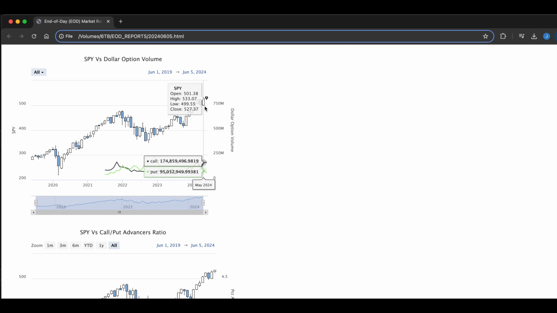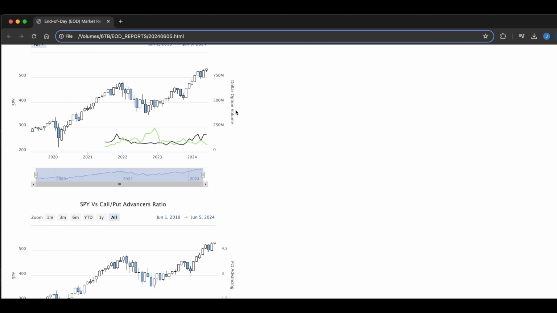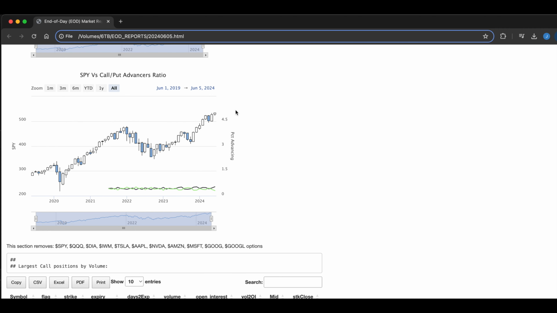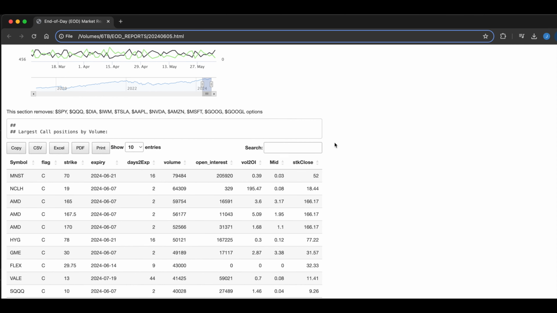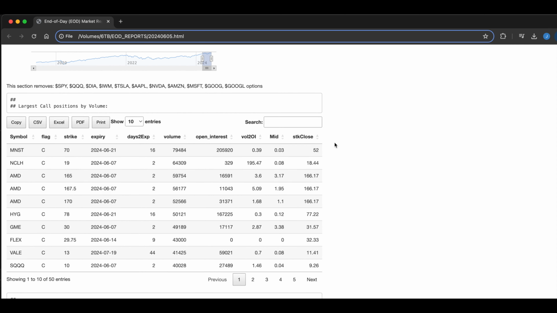So the bars, of course, are the SPY. The black line is the call option volume versus the green line, which is the put option volume. I also plot the SPY versus the call to put advancers to check to see if we can spot any noticeable changes in direction. Now, continuing on with the options, we're going to return tables that plot the largest positions